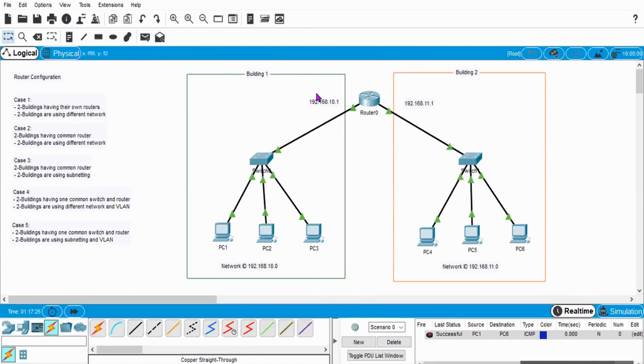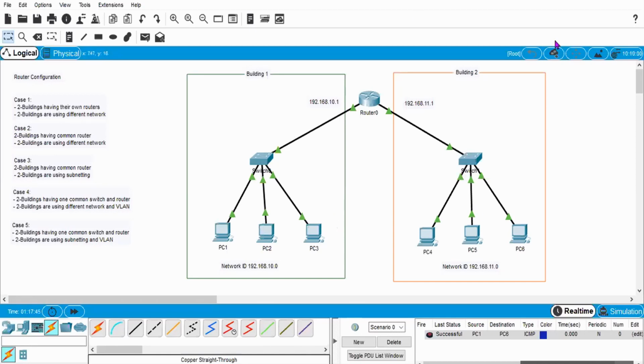So whatever I'm doing, it's not necessary that you give the default gateway as 192.168.10.1. If you want, you can give 192.168.10.55 also. But for these PCs also you need to give .55 as the default gateway.